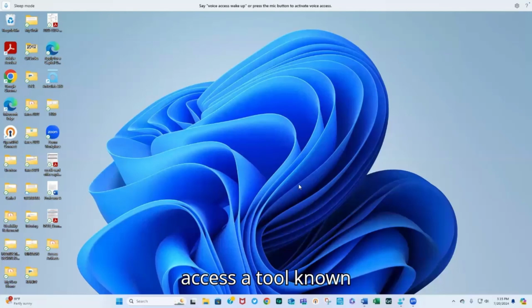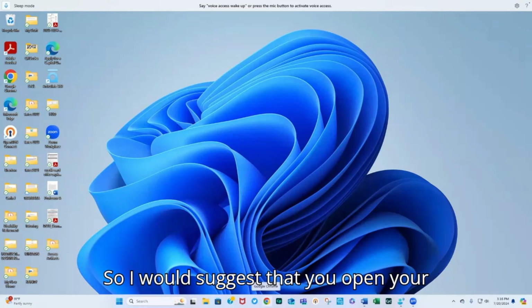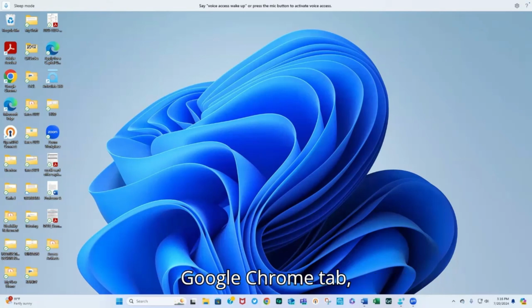I'm going to share with you and walk through the process of how to access a tool known as Pear Deck. Pear Deck works best with Google Chrome, so I would suggest that you open your Google Chrome tab,